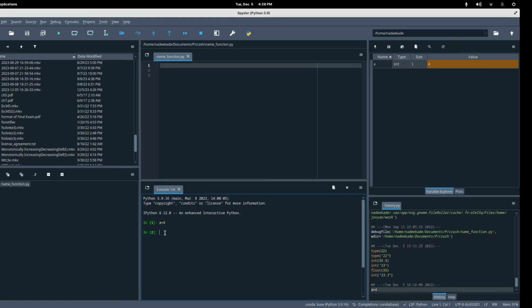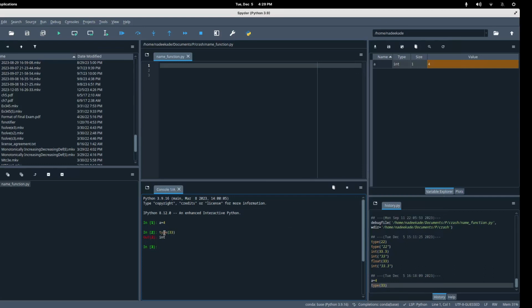If you type a command here, you can run it by command, and it will show you the output. For example, if I type type(33) here, it will return int. See, it returns and shows the output. But if you do it in a program, as you recall, it will not show any output unless I use the print command. For example, if I type